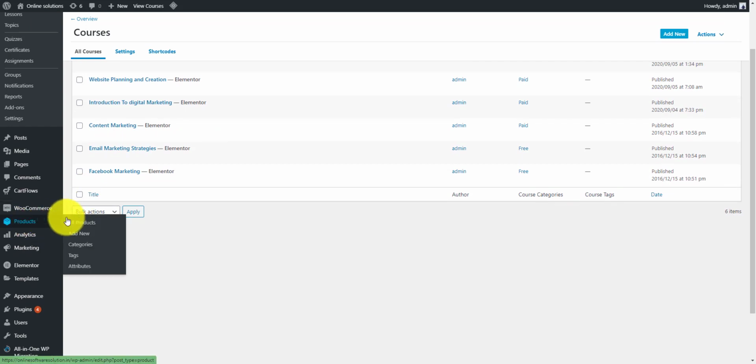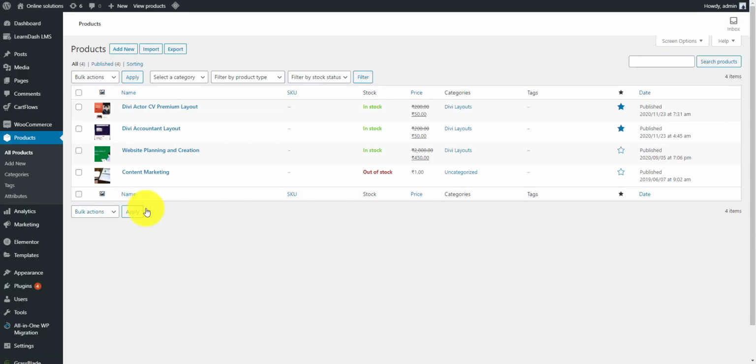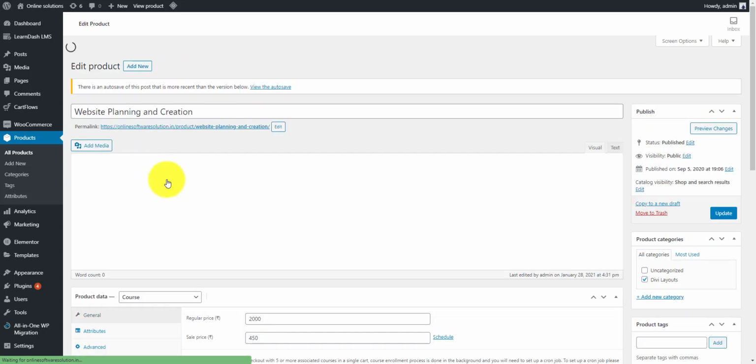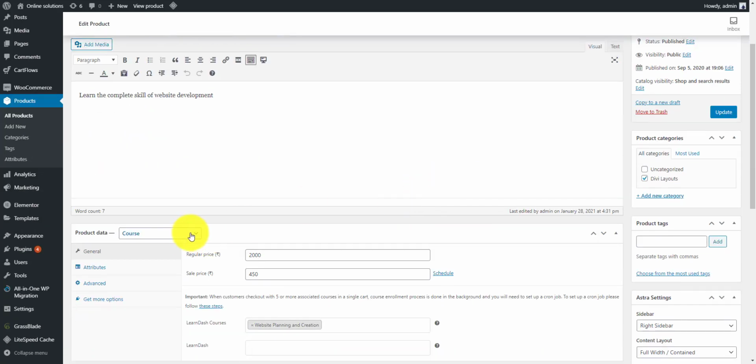Now once that is done, let's go back to the main dashboard and select WooCommerce. Now we need to go to the products, and in products we need to add a new product with the same name. If I'm trying to sell website planning and creation, I've created the same product, as you can see in front of me now. When you try to make a new product, you'll have a new option in the drop down. Like you might have seen in the earlier videos of mine regarding the different kinds of product, that is simple, external, group, variable. But now in my WooCommerce, with the LearnDesk LMS installed, I have a new option, that is courses.